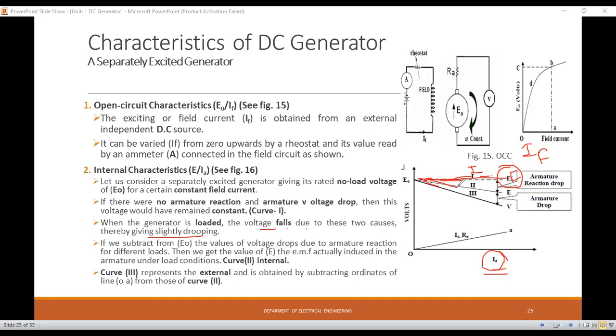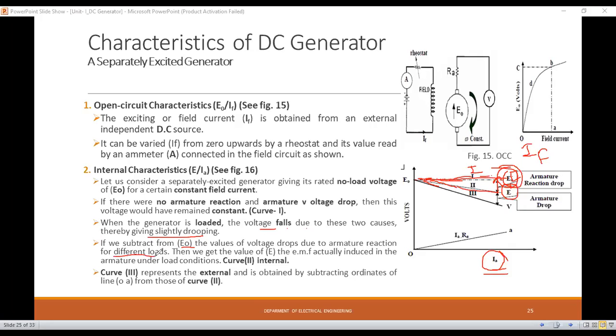See here, this one is the armature reaction drop. So the curve is reduced, or it is slightly less than the induced EMF at no load condition. No load condition चा E आहे, त्याच्यापेक्षा induced EMF at load condition हा काय असेल? कमी असेल. When the armature reaction drop is taken into account, this will be shown in this figure, curve second. Okay, see, if we subtract from E0 the value of voltage drop due to the armature reaction for different load,